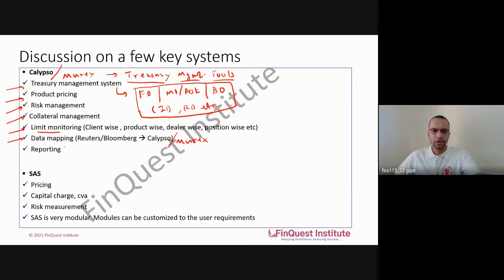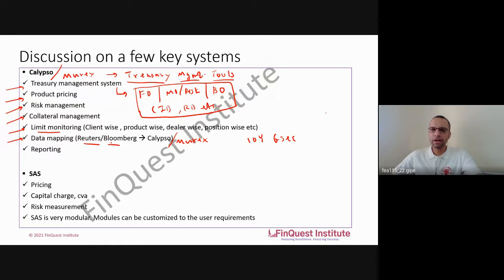Okay. So data mapping is important both from your modeling perspective as well as your model validations perspective. The idea of data mapping is to ensure that whatever markers are inside Bloomberg or Reuters are mapped correctly to your enterprise systems. Imagine that I'm looking at a 10-year government security. I'm looking at this rate, and it is being sourced into my systems through either Reuters or Bloomberg. This could be my primary data provider.